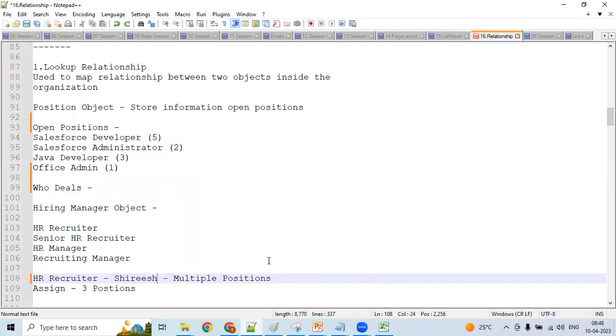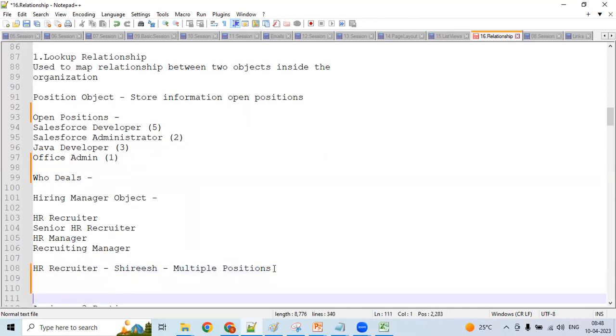She deals with one position or multiple positions? If she is an HR recruiter, multiple positions. She handles multiple positions. She might handle Salesforce developer, Salesforce administrator, Java developer, office admin. For all the positions, she will approach the candidates and she will try to